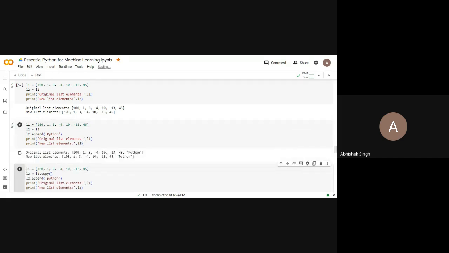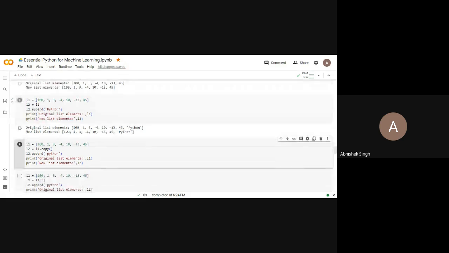So we just learned how to append. So what happened? I appended in L2, but it has also been appended to my original list. So this is the problem with this direct copying method. Again, this copying process is very important because when you do machine learning, you tend to make a copy of your data set. You don't want to spoil your original data set. So actually you make a copy of your data set and you do the operations on that copy. So this copying part is very important.